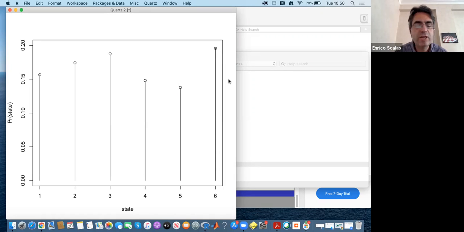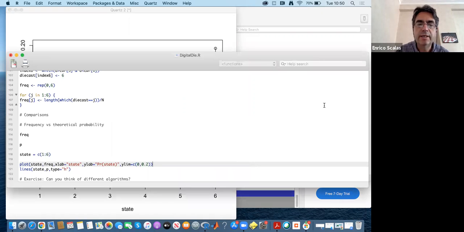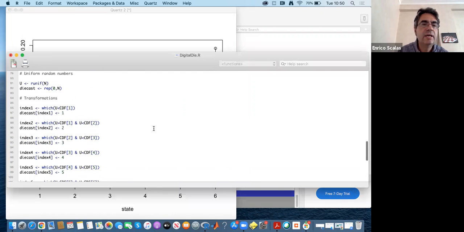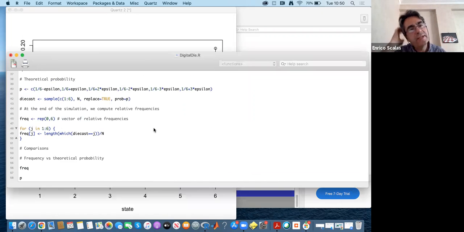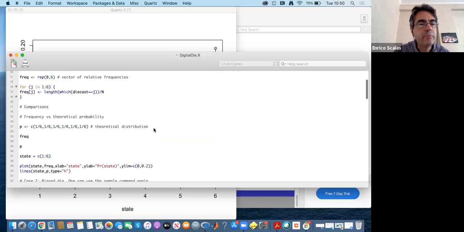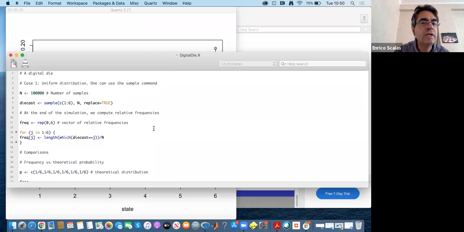I don't know if your simulation of the die was like this one, or you used a different method. There are many other ways of simulating the die. And in this program that I will give you later, there is a possibility of using the sample function. And you can use the sample function using uniform distribution, but also biased distribution. So it gives you immediately a simulation of a coin, die, or whatever you want when you have a finite number of possible outcomes. Okay, I will stop sharing now,